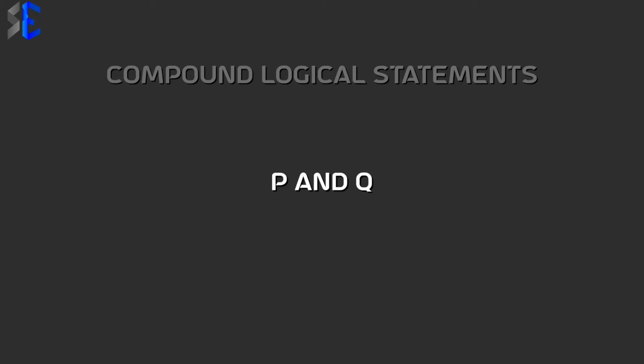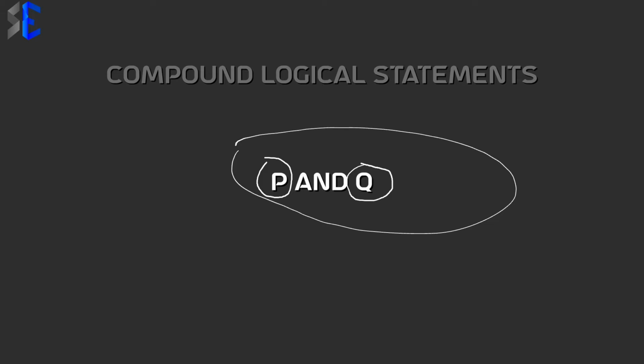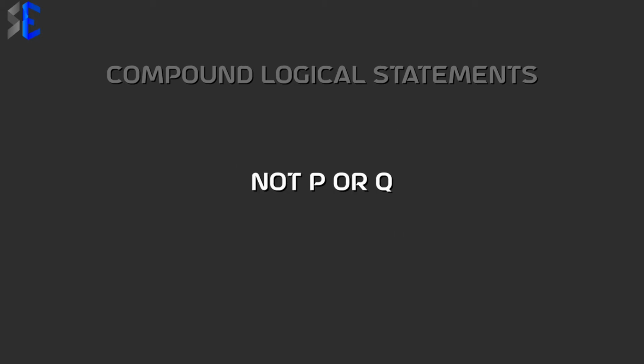So first, let's just take a look at this. This is called a compound logical statement because it has two main statements. And again, these statements are represented as variables. So P and Q are their own statements. A compound logical statement is basically any kind of logical argument like this one, or that has two statements which are represented as variables. So here's another example because you have two individual statements. Here's another example because you have two, and of course you can have more than two, but these